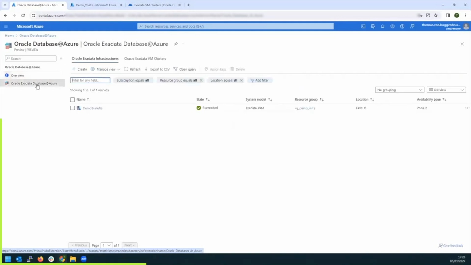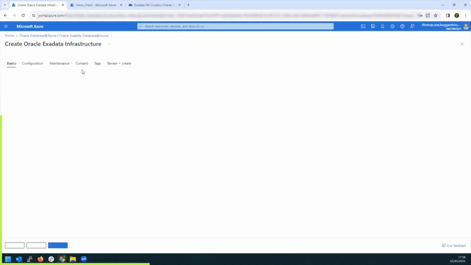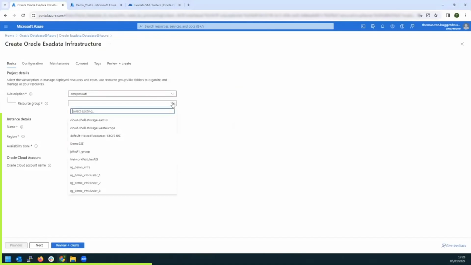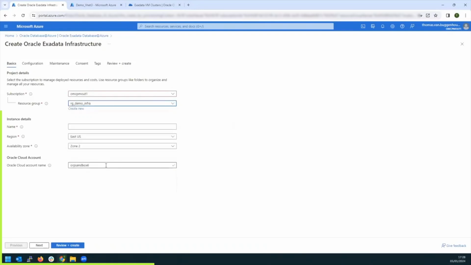provisioning the Exadata infrastructure. The Exadata resource model has two parts: the infrastructure and the VM cluster. We already created a demo infrastructure here, but let's take you through the journey. Of course, we have to select a resource group, where we are selecting the demo infrastructure resource group, and we have to give the infrastructure a name. The Exadata infrastructure will be called demo Exa 3. And we also need to choose the availability zone, and it also shows again which cloud account is connected